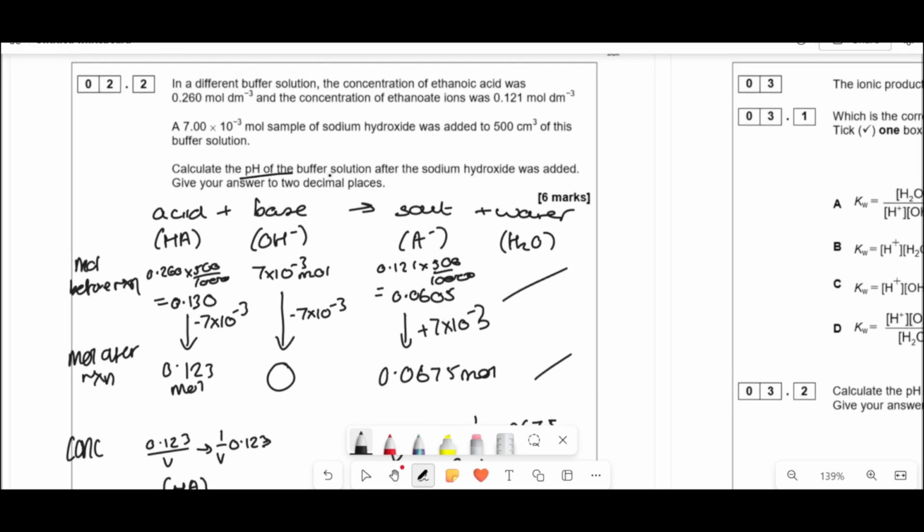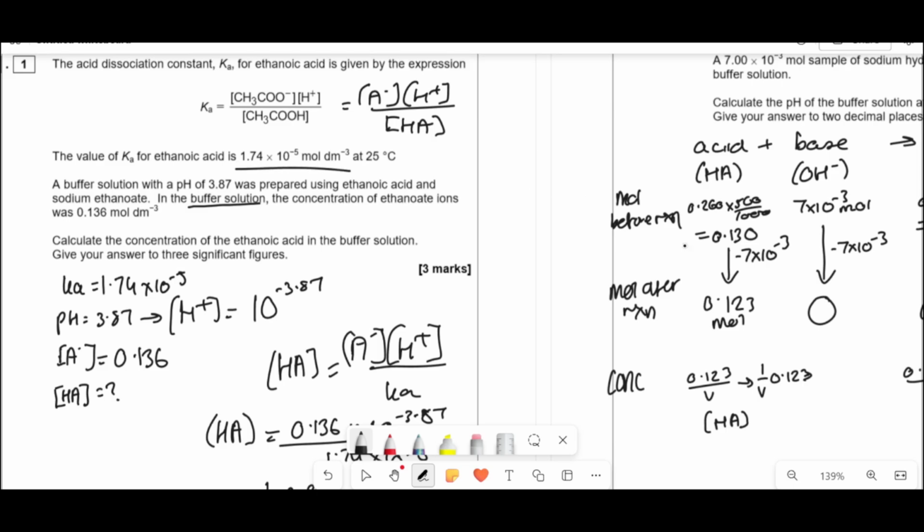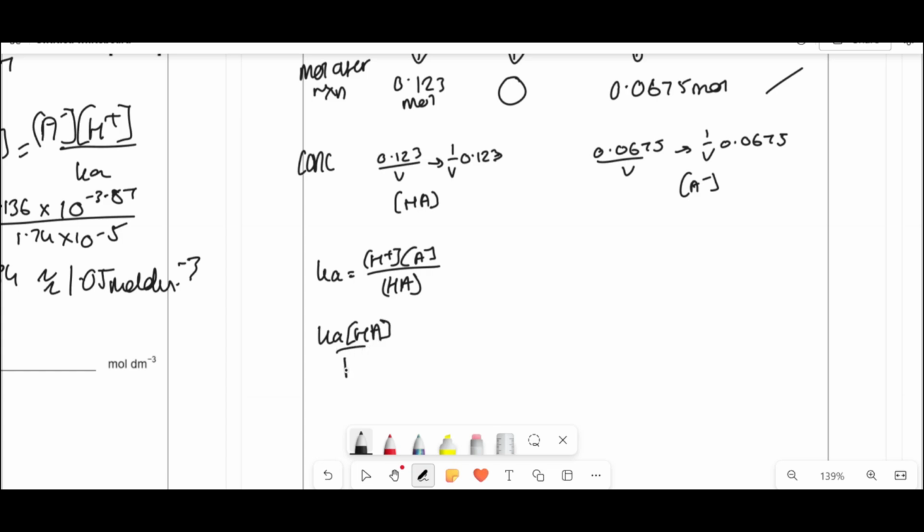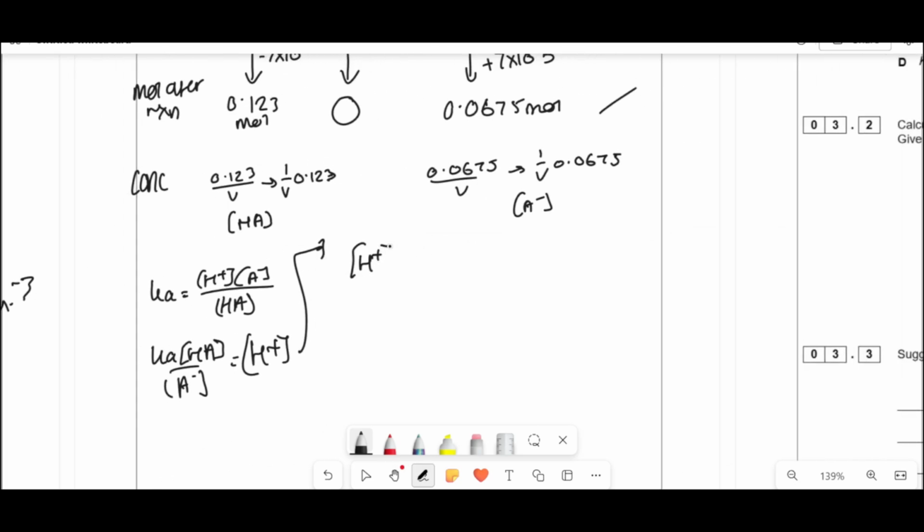The question wants us to find pH, so we want to find H plus, and we know that Ka is from here because it's ethanoic acid. Ka equals H plus A minus over HA. So Ka times HA over A minus equals H plus. So if that's the case, H plus will equal 1.74 times 10 to the minus 5, the Ka, times our A minus, which is 1 over V, 0.0675, all divided by the HA, which is 1 over V, 0.123. Now you've got 1 over V in here and here, so this cancels out actually. So then you end up with a nice thing of this times this divided by this. If we do that, we get